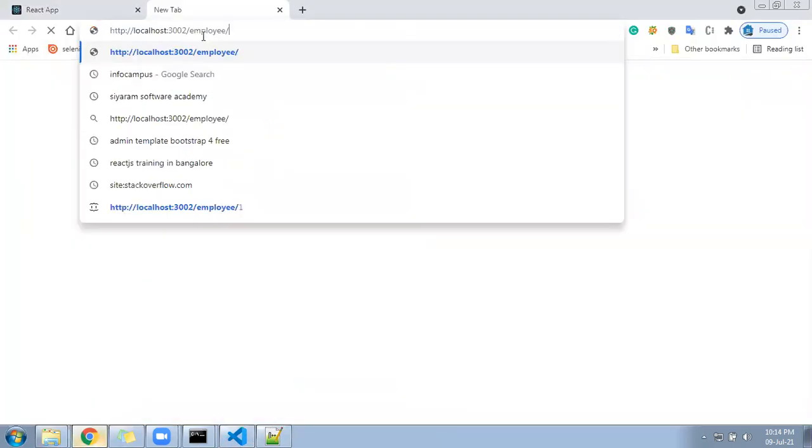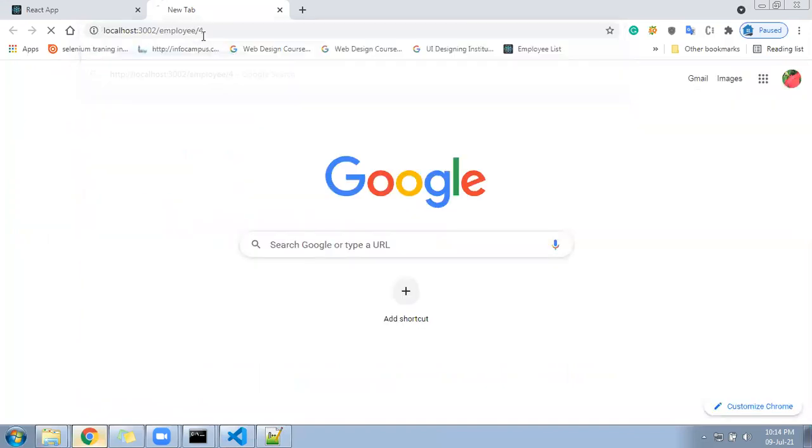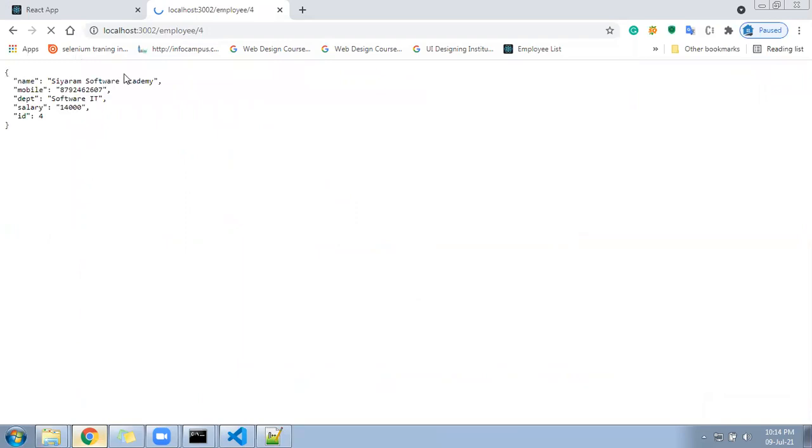I'll keep here and select 1 or maybe 2 or 3 or maybe 4. If I enter, you can see it will give the details of the particular employee. Correct? Okay, it will give the details of the particular employee only. So what we should do is pass the ID in the same way here so that we can fetch the details of the particular employee.